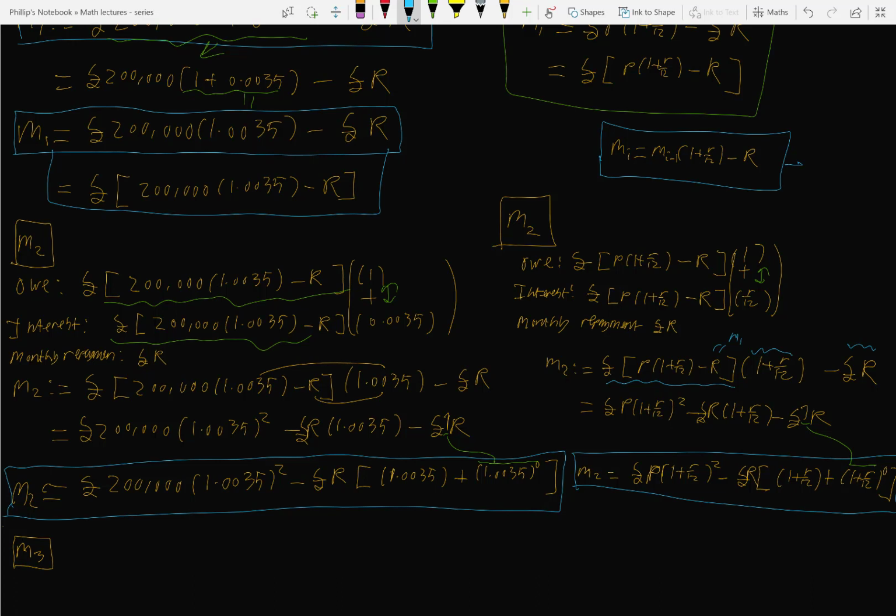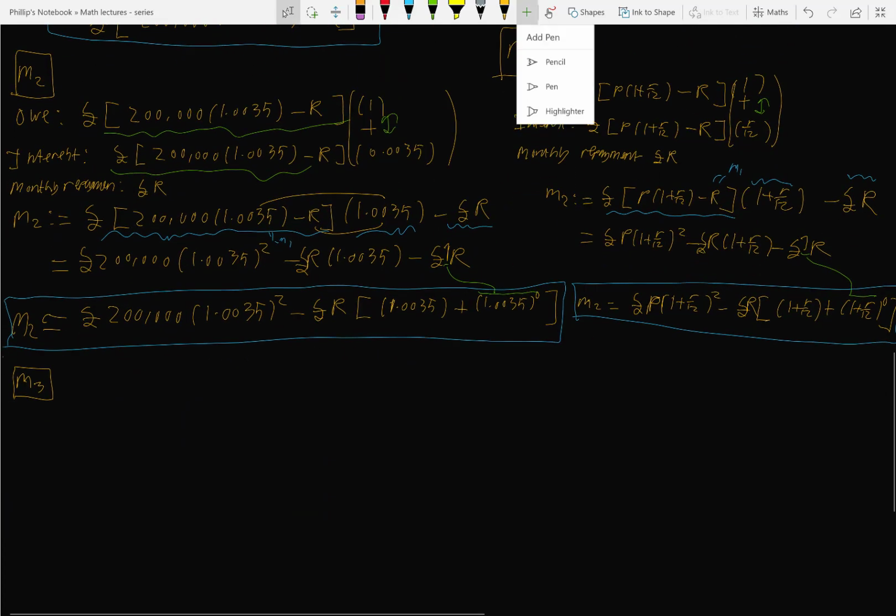We're taking the monthly M1, multiplied by the inflation, and then taken off the monthly repayment. And obviously that's going to be the case for M2 as well if you follow this pattern along. That's what we're going to do here, but we're going to get a nicer form for it. So we're going to do M3, sorry, not M2, M3. So what we owe,